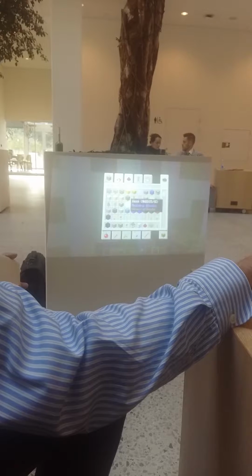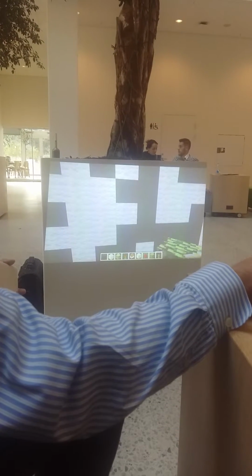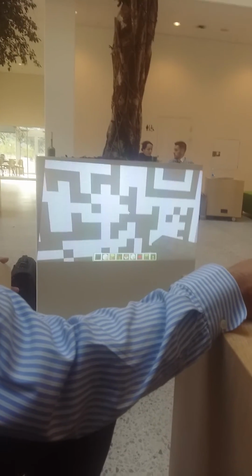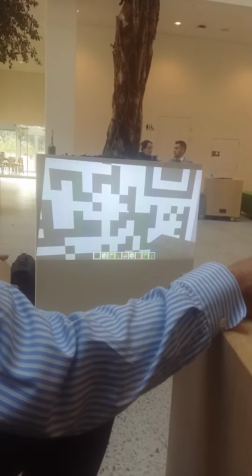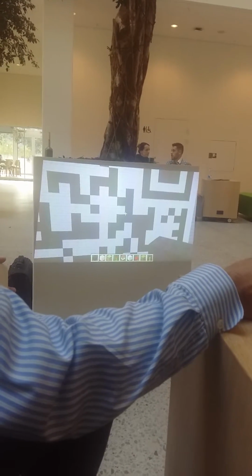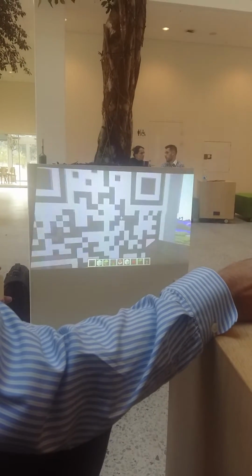Where's white wool? There. So they just take black wool and white wool. I get them to make the QR code on the internet. They then generate it and print it off. They grid reference it and map it onto graph paper, because it's all graph plot paper, so they get it right, and then they literally build it out of